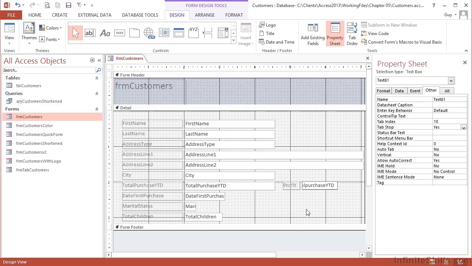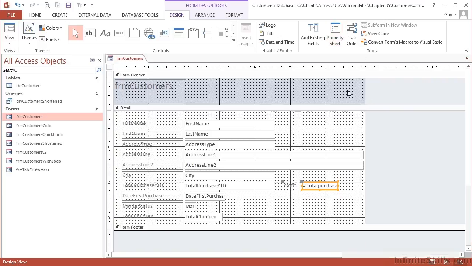If that field has spaces in, then I will need to put square brackets. If it doesn't, then I get away without them, but Access will put them in for me. And the profit is going to be times 0.22 because they make 22% profit. Return. No errors incurred, but you can see it's placed in the square brackets. Now, instead of widening this field to see what it's actually put in there, we can have the property sheet open, which it is over here, but it might not be, so I'm going to close it and then reopen